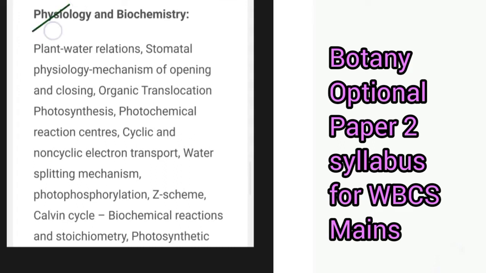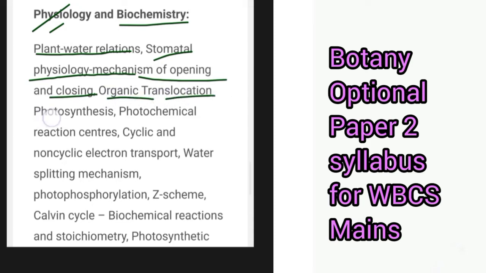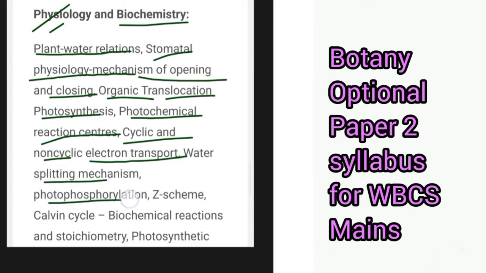Next you have the section on physiology and biochemistry. Here you have plant-water relations, stomatal physiology, mechanism of opening and closing of stomata, then organic translocation, photosynthesis, photochemical reaction centers, then cyclic and non-cyclic electron transport, water splitting mechanism, photophosphorylation, Z scheme, Calvin cycle, biochemical reactions and stoichiometry,